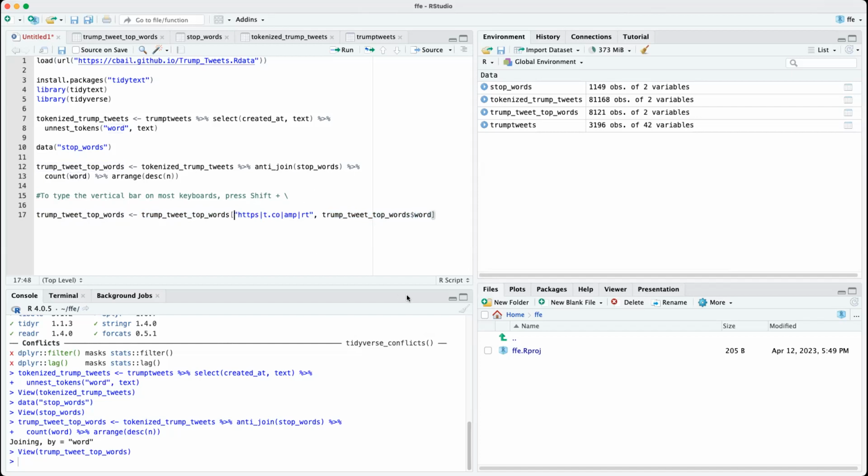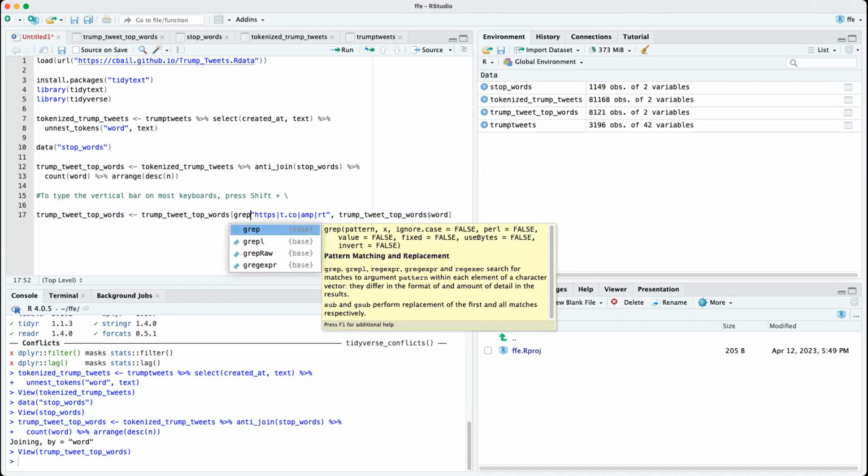And in order to finalize this command, I'm going to introduce you to a new command called grep, or pattern matcher or substitutor. You're going to write grep,